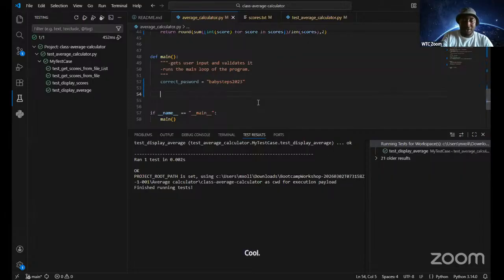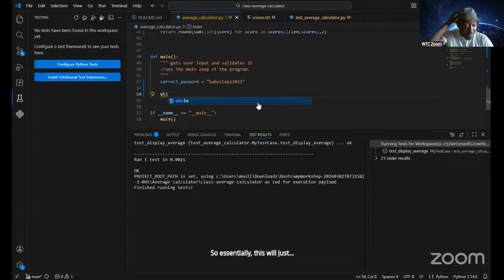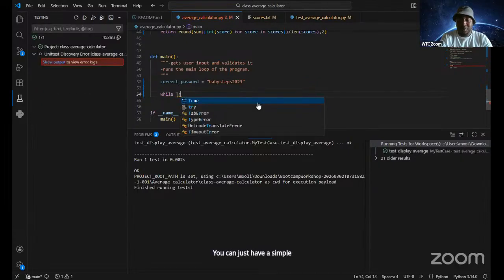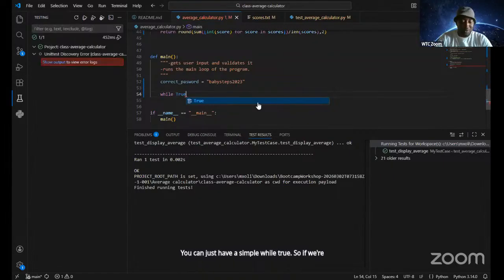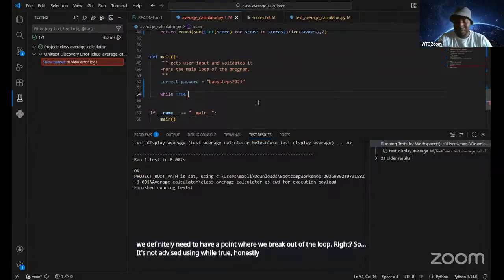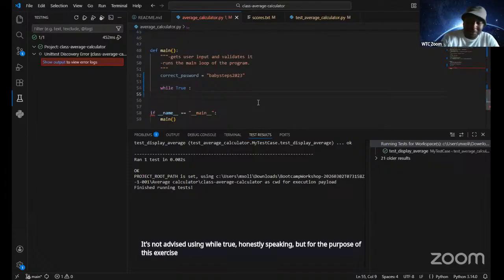So essentially this will just read the scores. We can just have a simple while true. If we're going to use a while true, we definitely need a point where we break out of the loop, right? It's not advised using a while true, honestly speaking, but for the purpose of this exercise, we'll go with that.